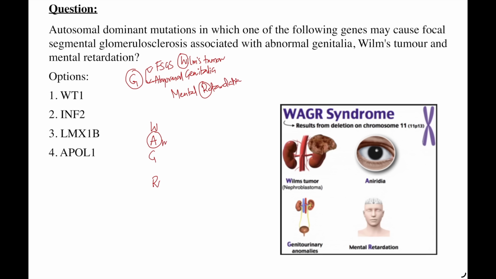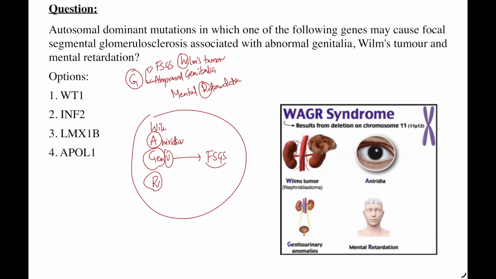This A is aniridia, Wilms tumor, genitourinary. So genital, you will see abnormalities, abnormal genitalia. Urinary, you will see focal segmental glomerulosclerosis, that is glomerulonephritis. And yes, mental retardation is always there. So this is WAGR syndrome. WAGR syndrome results from deletion on chromosome 11. Remember, chromosome 11 deletion leads to WAGR syndrome, and it is because of